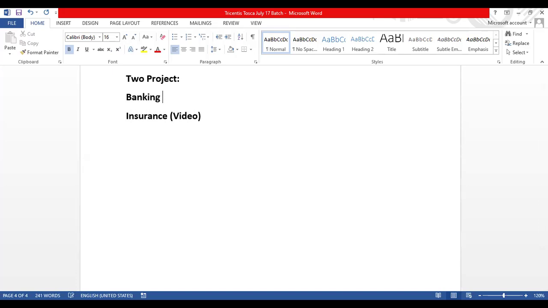But coming to the banking project, we do our regular test case development in this particular project. Along with this, after completion of this, you can automate Tosca with SAP application, Tosca with API, and Tosca with databases. Okay. So these two things are the first point. And second point,